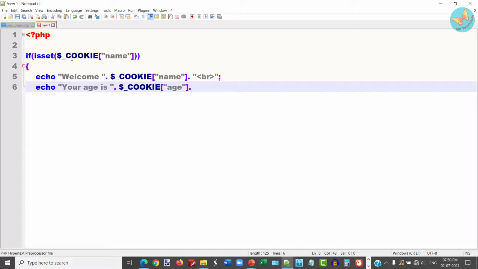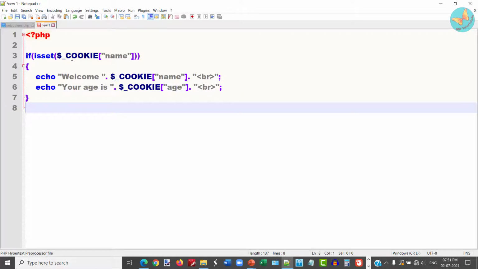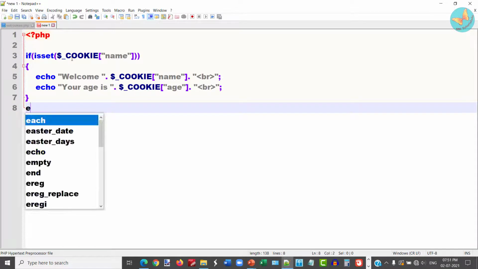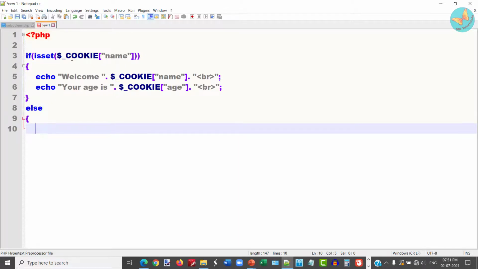So here I will write it, then again I'll put the BR tag. What this isset function is doing is that if the particular cookie exists, then the cookie will be displayed with its value, else a message that sorry cookie does not exist will be displayed.